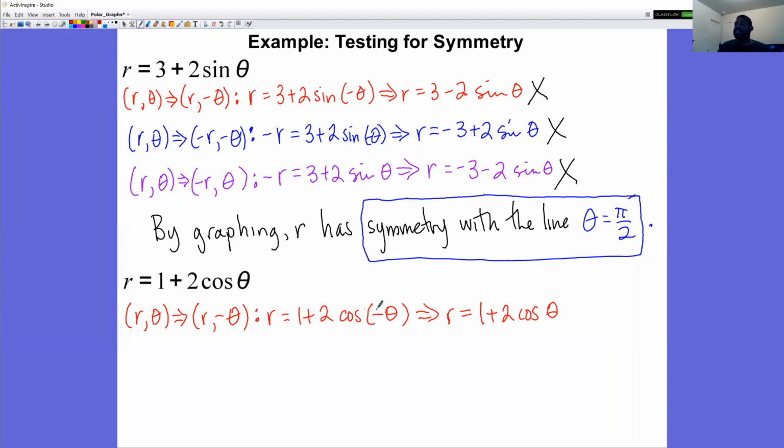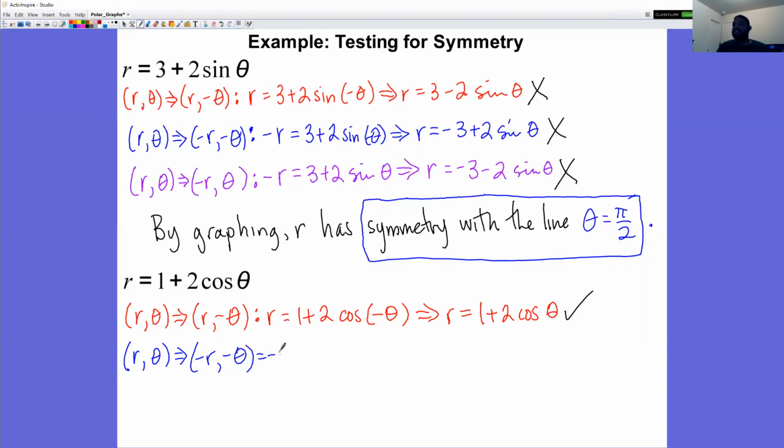Because remember, cosine is an even function. So the negative disappears and it still stays cosine. And if you notice, this is the same as the original function. So we know it has symmetry with respect to the polar axis. The other two symmetries may or may not work, so let's try them. If I change r and theta to negative r, negative theta and simplify it,